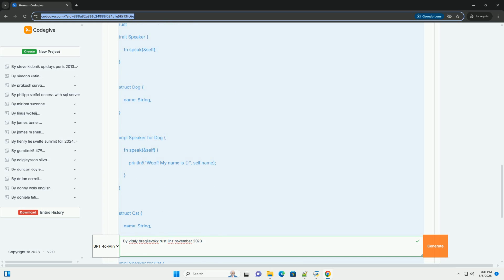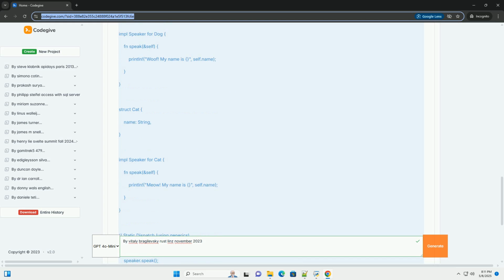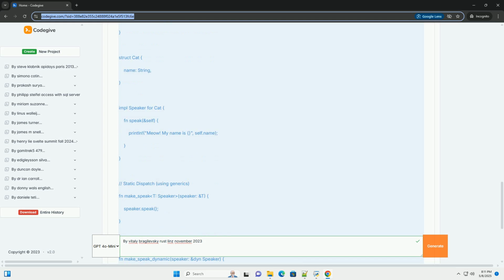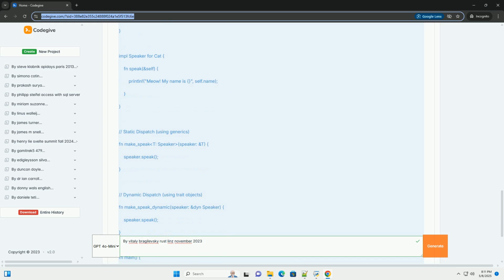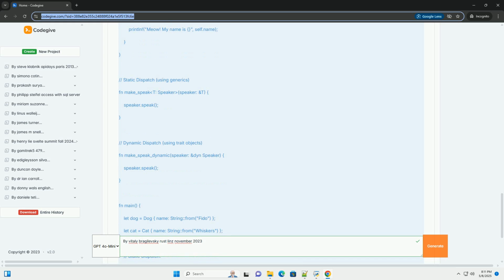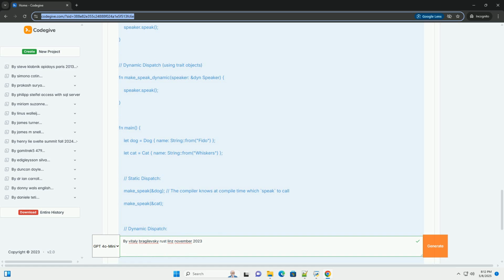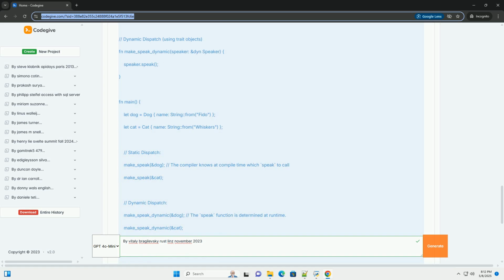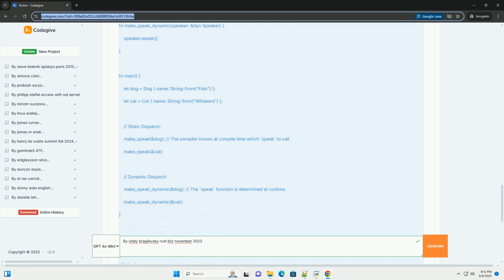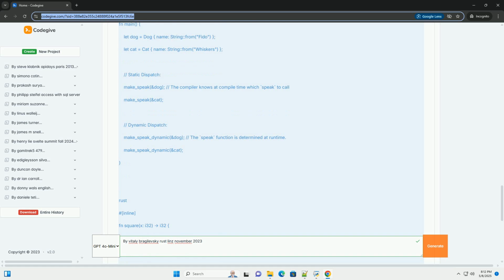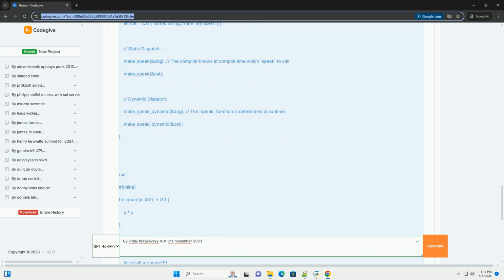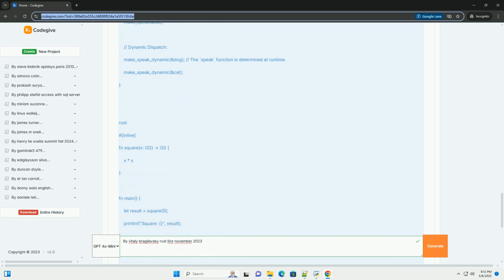Understanding zero-cost abstractions. The central idea behind zero-cost abstractions is that you can write high-level code using modern programming paradigms without incurring runtime performance penalties compared to writing equivalent code in a lower-level, less abstract manner, like C or C++. Rust achieves this by performing much of the heavy lifting at compile time, leveraging features like